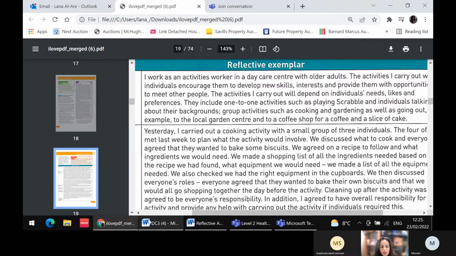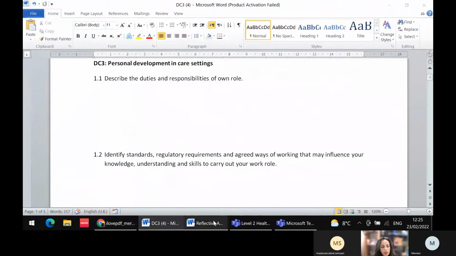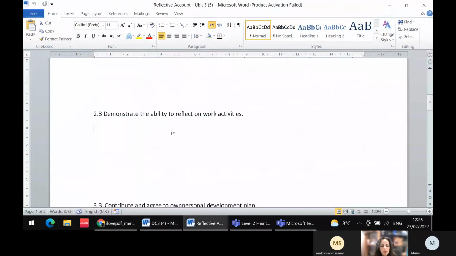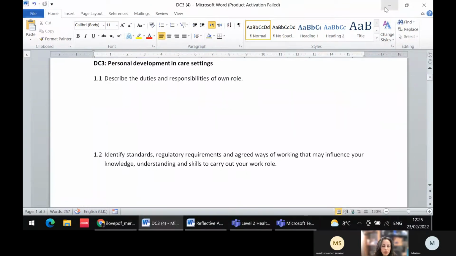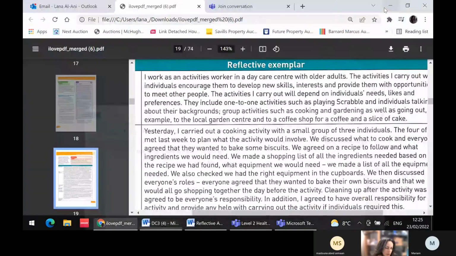So identify where we are. We demonstrate the ability to reflect on your own work. You can use this example or reflect on any other activities. Start by talking about what you do and then what you did on that day. Just write it this way: I did this, our activity was, for example,